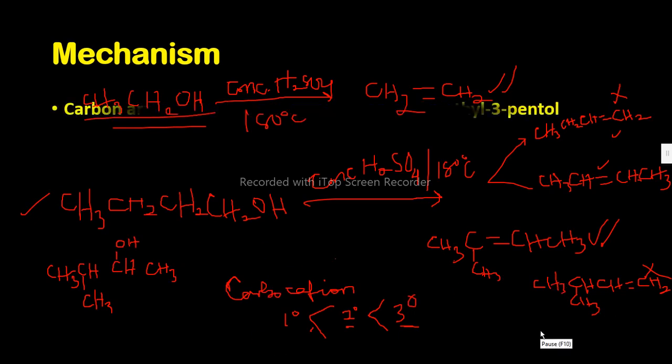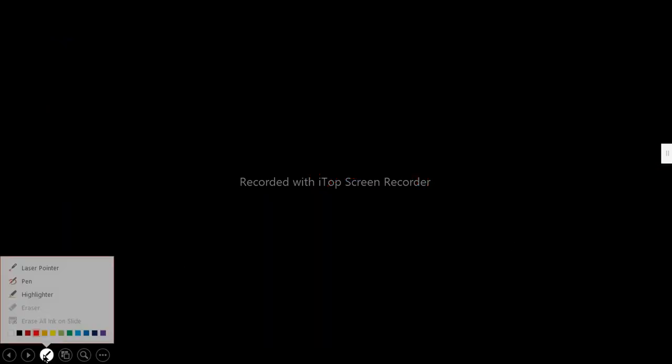Yes, let's do the mechanism on the next slide. The first thing that happens, of course, is protonation of the alcohol. So this is our alcohol, CH3CH2CH2CH2OH. Now the acid, of course, it will ionize,